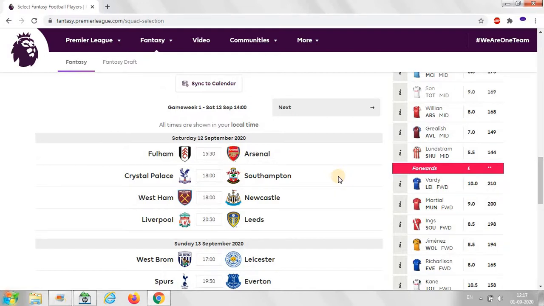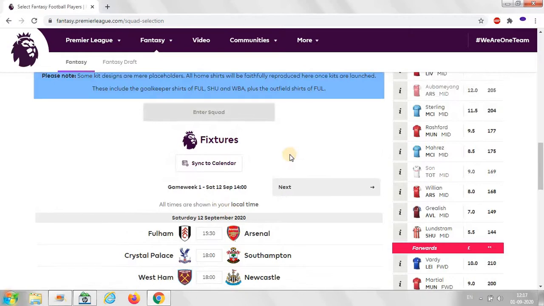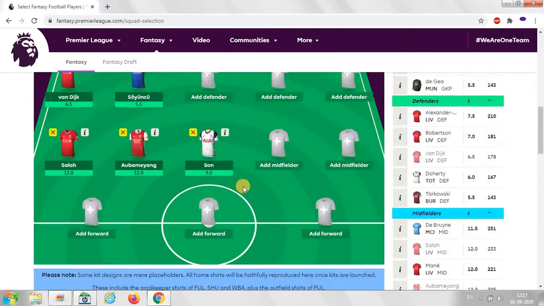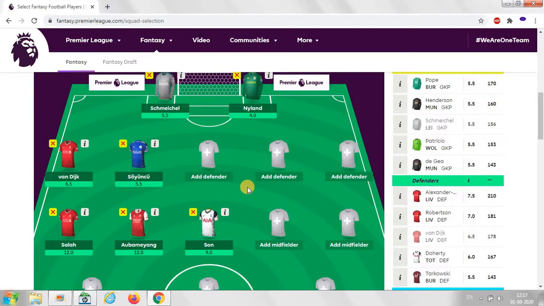So the teams that were scheduled to play Manchester City and Manchester United were also given a week off. They will play next week, on September 19th. And also, when you select a group, there is one free player you can change in the next week. There is only one free player, and there are 3 more different rules, which I will tell you in the next week.